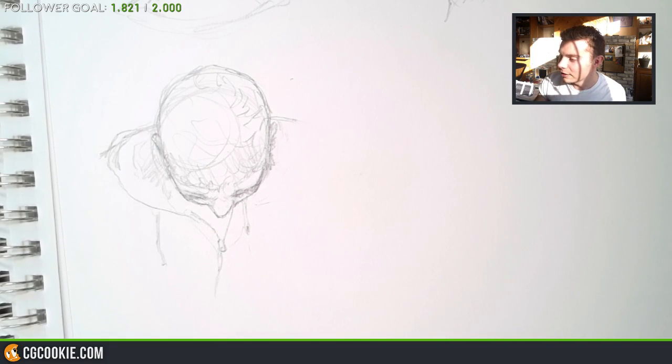Tijol says, if you want reference of a longer, slender neck with prominent collarbones, let me know. I can quickly take a picture. Actually, Tijol, if you want to be the reference, you can send me one quickly, and I will use you for this one. Because right now, I'm not getting the wrinkles that I want, and I think if I wanted to take a proper picture, I would need a better camera than the one that I'm using here. Then I will skip then